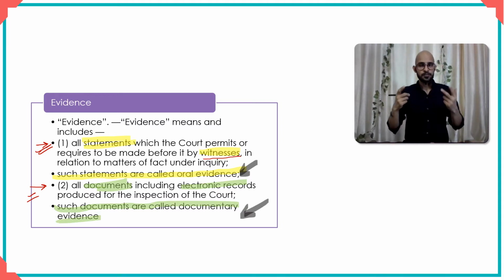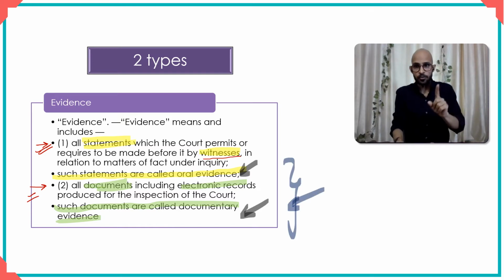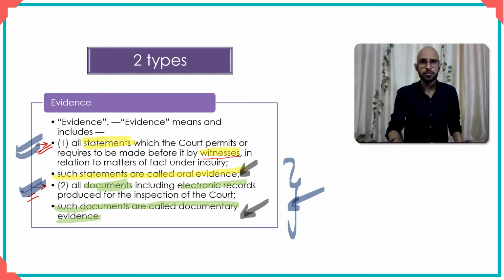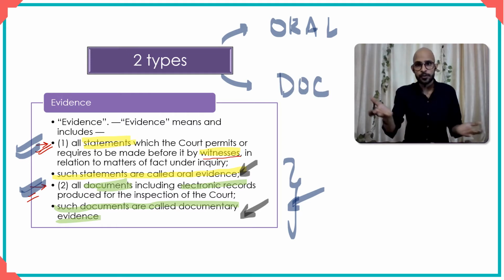So if you look at the first part and the second part, then you come to the conclusion that the Indian Evidence Act contemplates two types of evidence. It's important for us to also know that electronic records are to be treated as documentary evidence. That is something that we get from the second subpart, right? So now we understand that there are two types of evidence. What are the two types? The first type is oral. What is oral? Oral is the statement that has been made by the witness before the court. What is documentary? The second type? Well, the documents that have been placed before the court for its inspection are documentary evidence.